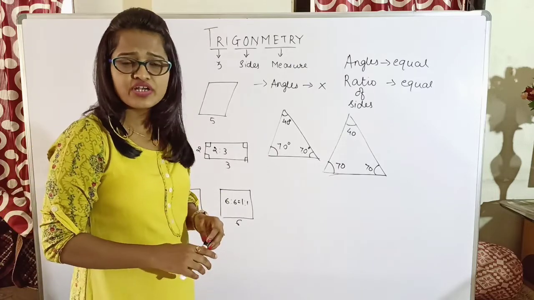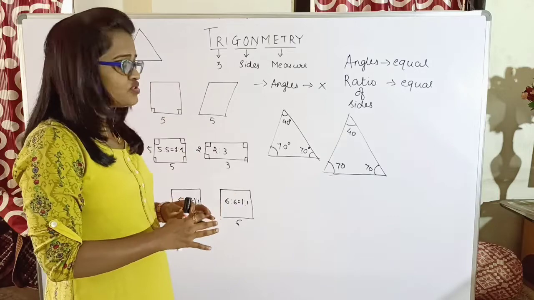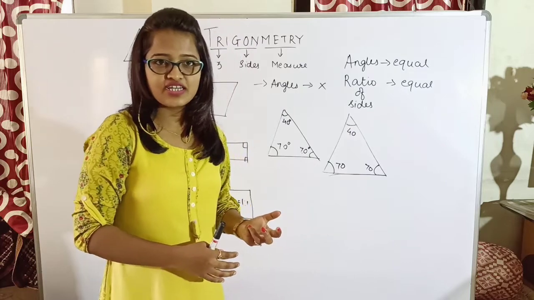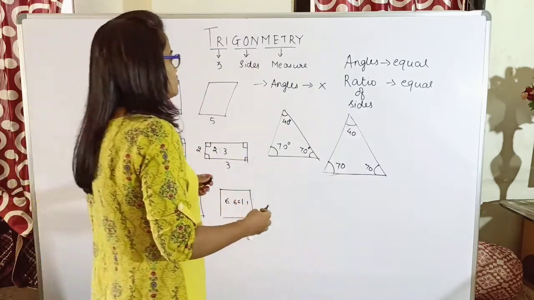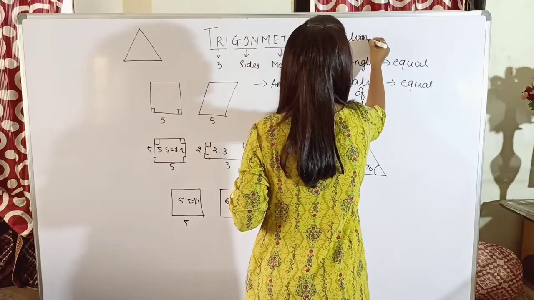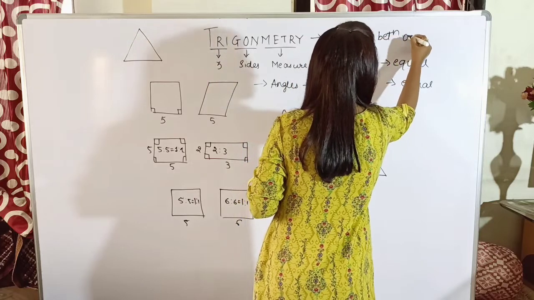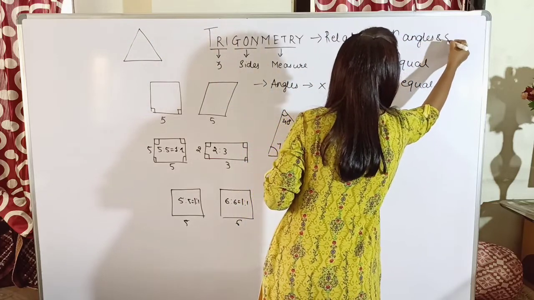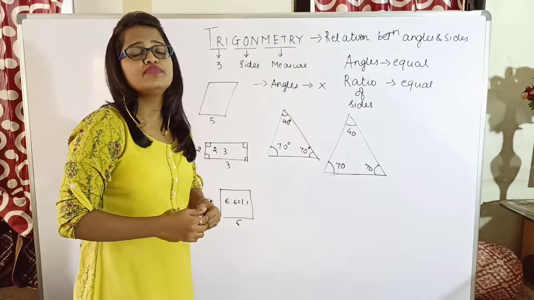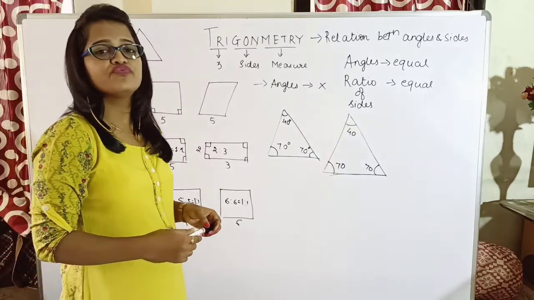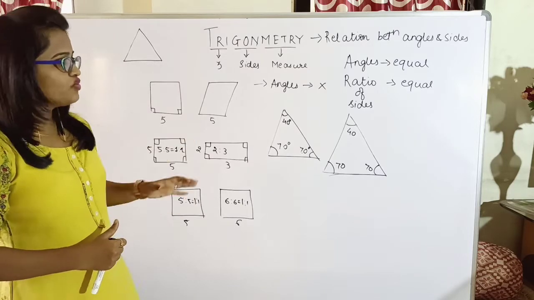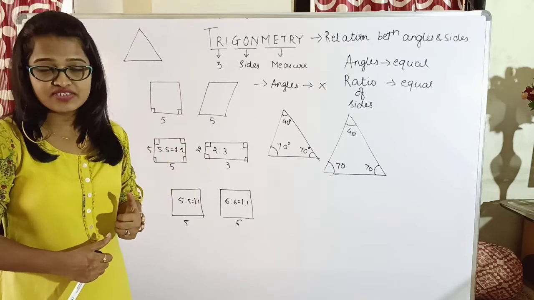Hence, I am very much less worried about the ratio of the sides. So I will be just focusing on the angles, and depending upon the angles, I will be looking at the sides, isn't it? So that is what trigonometry will tell you. So trigonometry is nothing but finding the relation between the angles and sides. Once you know the angles, then what is the ratio of the sides? That we are going to see in this topic. And this is applicable only with respect to triangles, and hence we are going for trigonometry and not for other figures. Okay, so I hope you have understood why trigonometry is there.